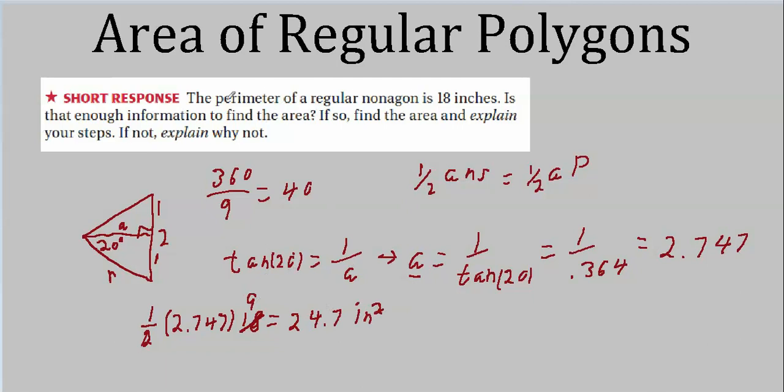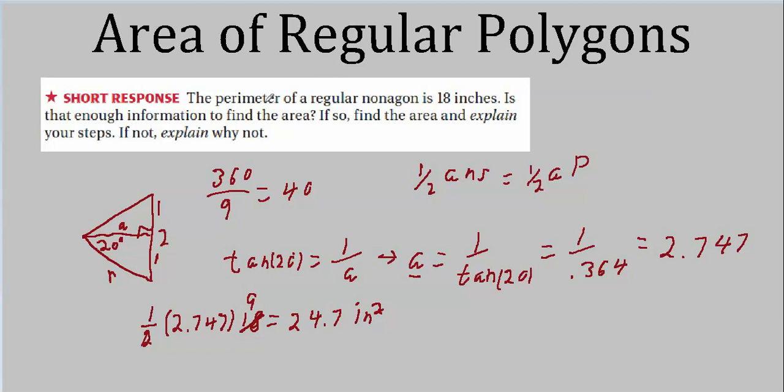And that is true, period, for all regular polygons. If you've got the perimeter, you can figure it out. Some are easier than others. For instance, if they gave you the perimeter of a square was 24, you divide that by 4, get 6. 6 squared is 36. Boom, you've got the area of the square. Nothing to it. For more-sided polygons, 5 sides, 6 sides, and on up, it's a little more complicated, of course.